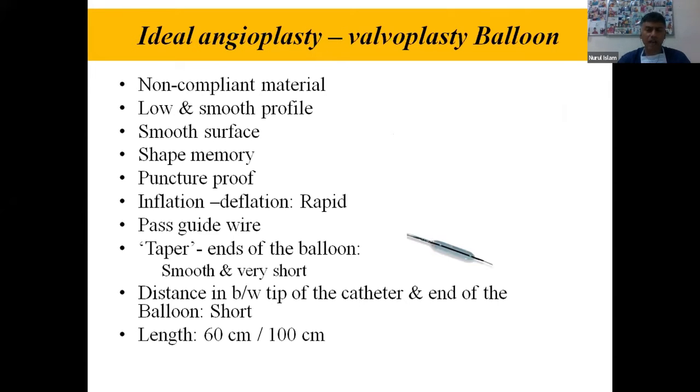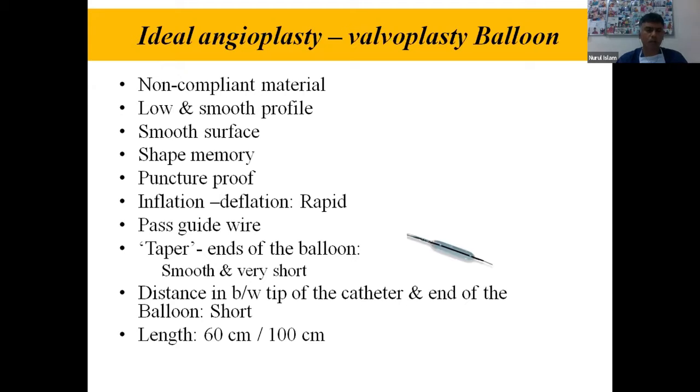It means the diameter of the balloon when completely deflated, so it can be accommodated in a smaller size groin sheath. And the shape memory is very important. Once the balloon is fully inflated, and after that in the deflation, it should come back to the original folds, so that you don't require hand folding. It should be puncture proof, and inflation and deflation should be very rapid, so there should not be any discomfort. And the balloon is placed over a catheter, the balloon catheter.